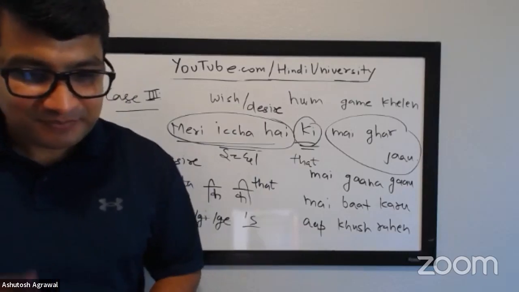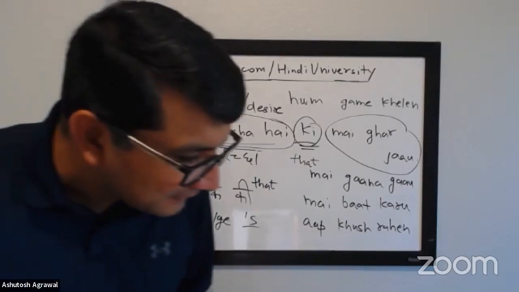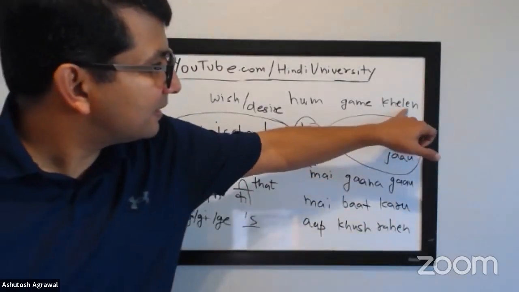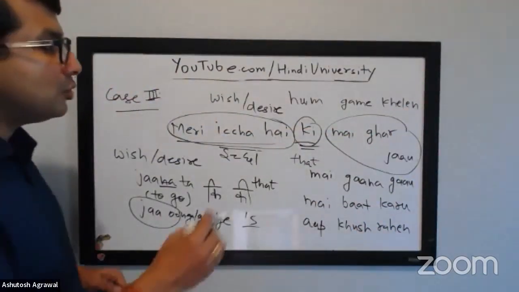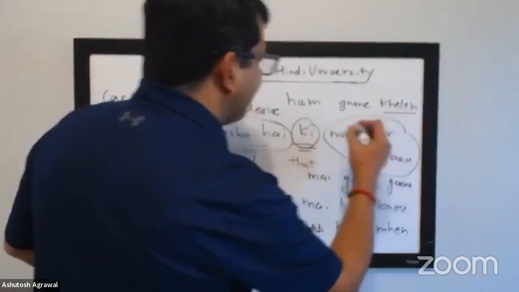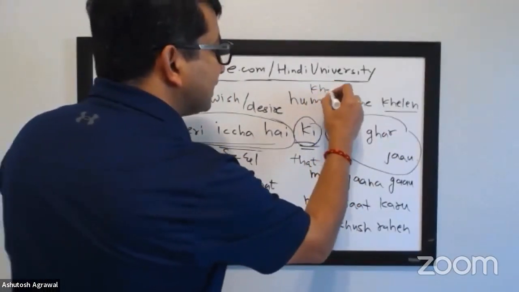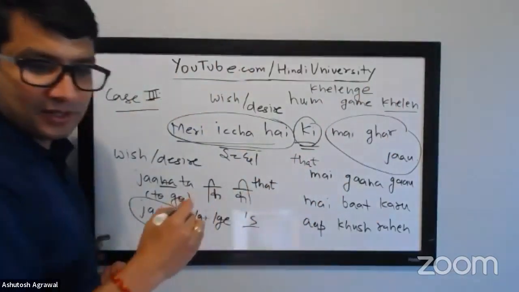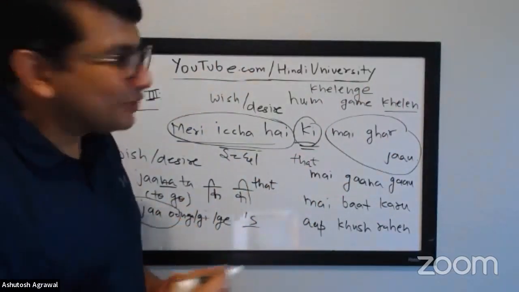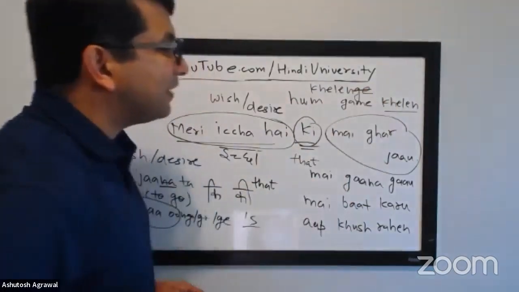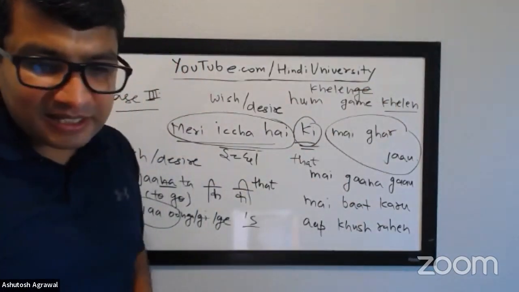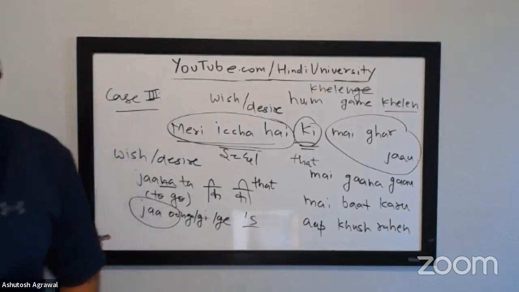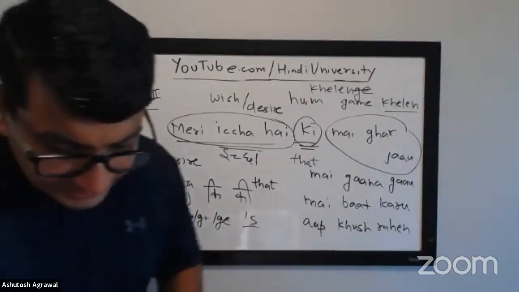Yeah, but then when there is game khelen, tai rahen, why do these two end with N and not with U? Yeah, so when you're saying with hum, the verb is really हम गेम खेलेंगे. Remove this part, and then you're left with खेलें. Yeah, good question. हम खेलें. So we've done 3 cases.